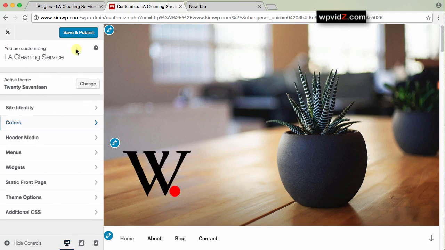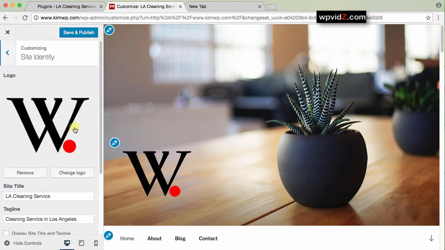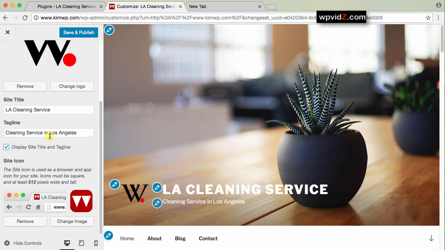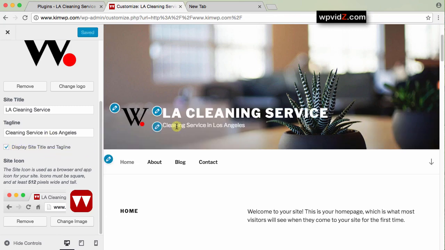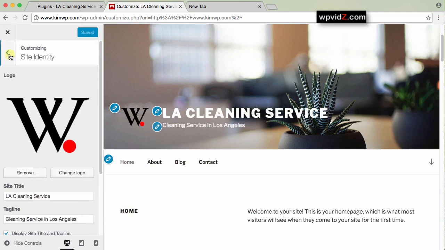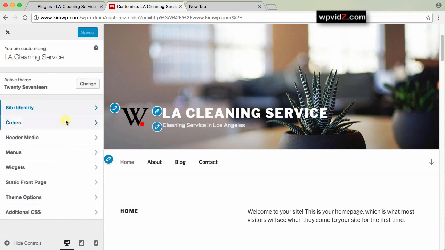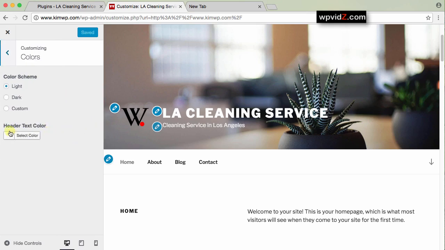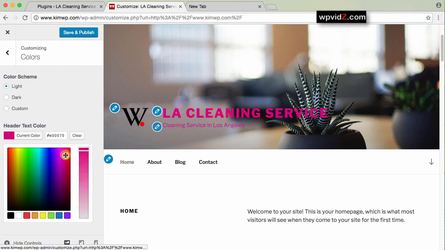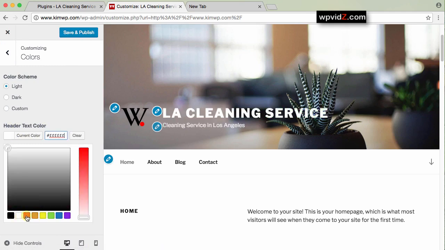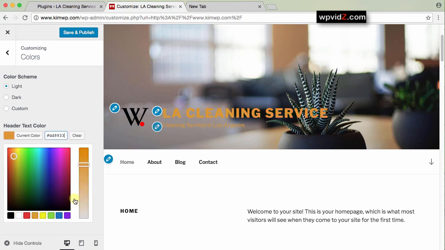So let's go back again to our site identity. And if you tick this on, so now that we have our display site title and tagline back, we're going to go back to our customizer and then go to colors. And now you see that you can change your header text color because you want to display this. You can drag and drop or use the default color there already chosen for you,